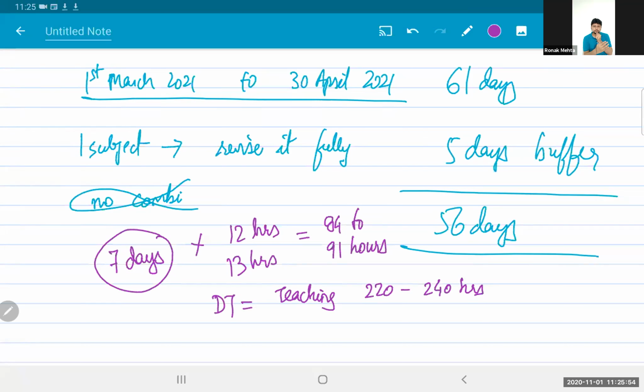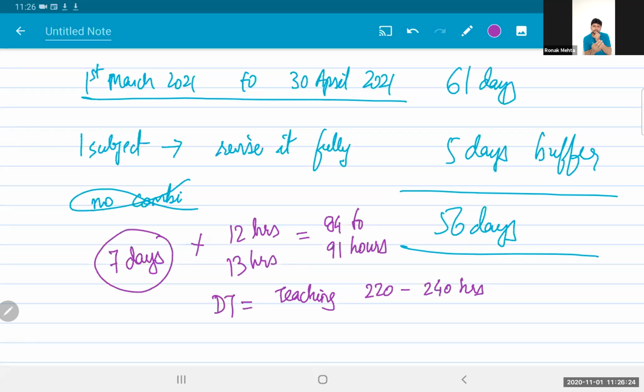Depends on the batch, depends on the number of doubts, depends on the syllabus. Like our finance minister has just extended this whole syllabus to a great extent. Last attempt, that is November 19, I had finished the syllabus in 65 or 66 days. With you guys, I had to take more time because of the amendments in the budget and the COVID amendments. So roughly, it ranges between 220 to 240 hours of effective teaching. Then if a teacher wants to torture you, you can go to 250, 260, 270 hours also.